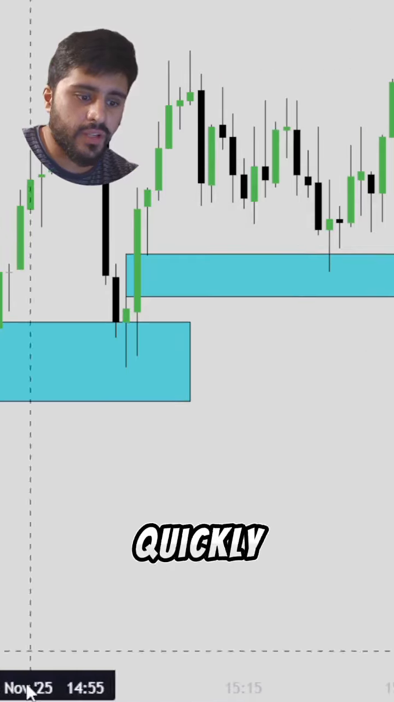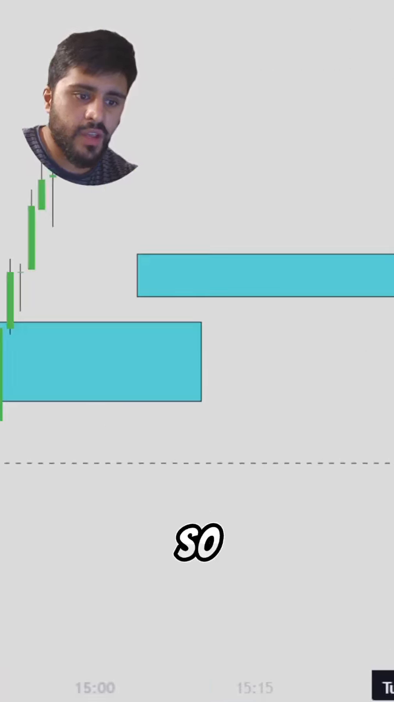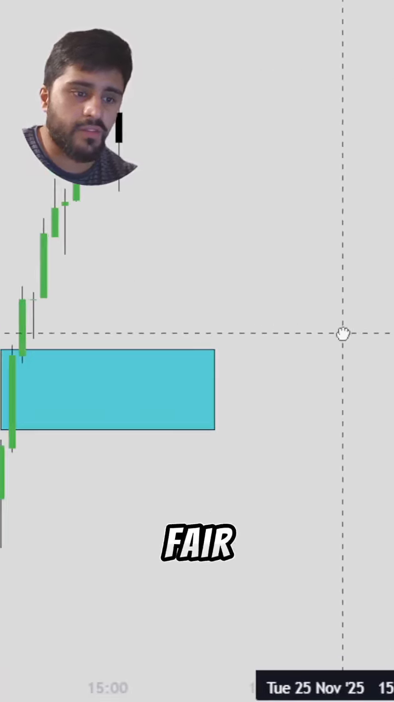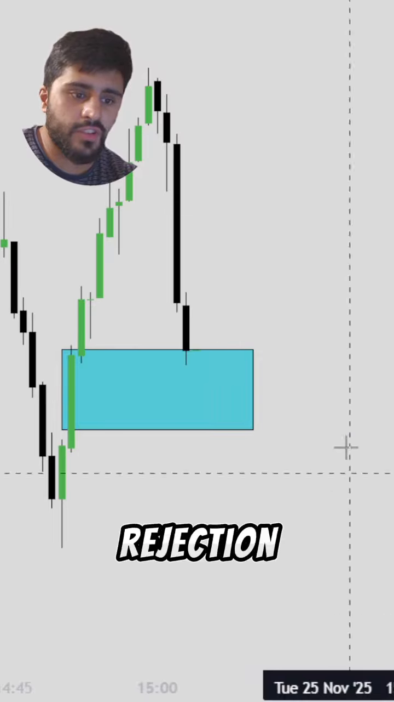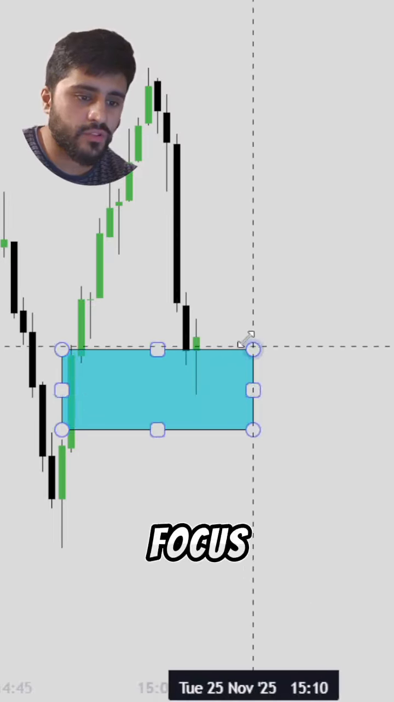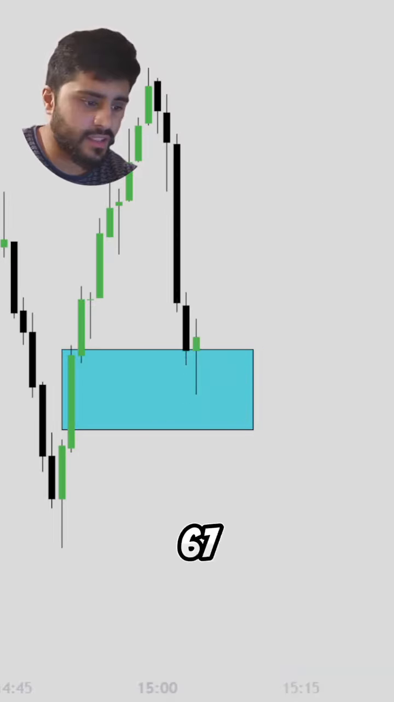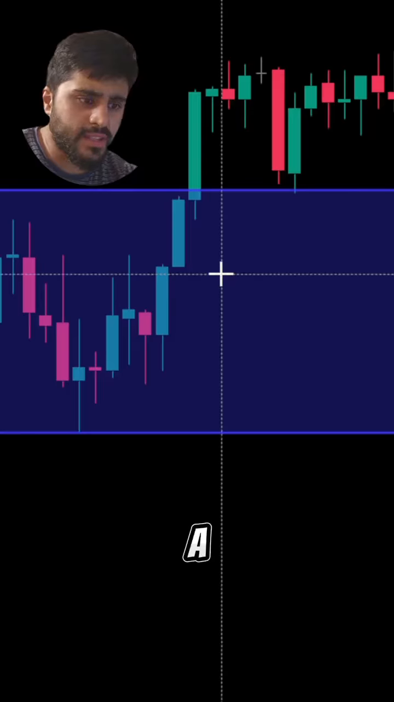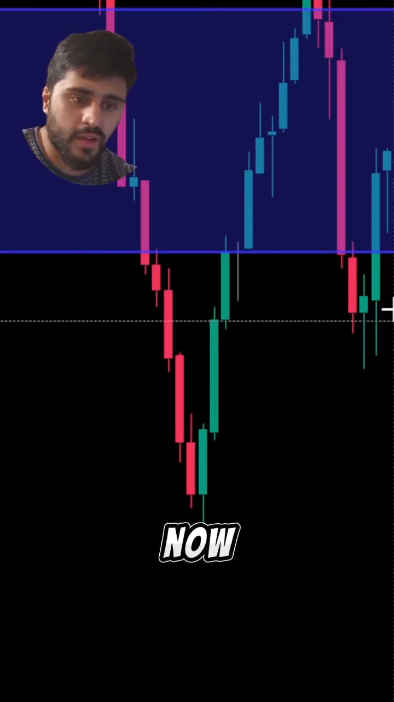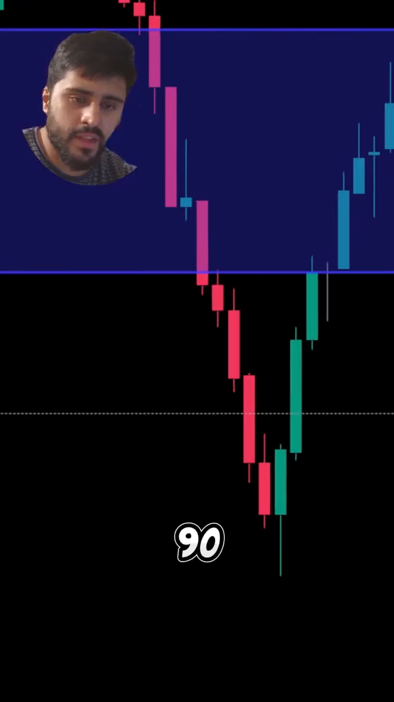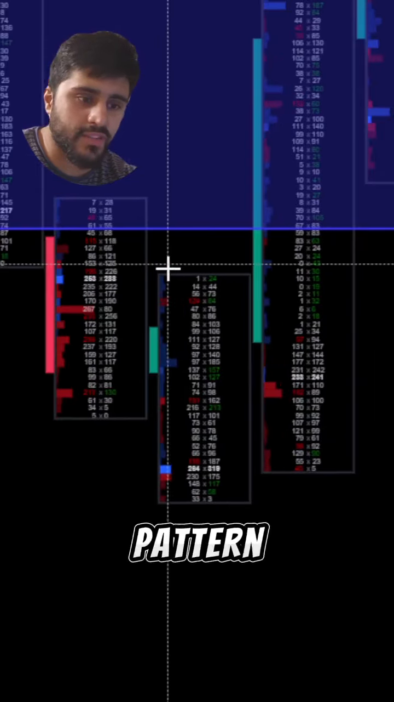So let's quickly go back and see what was going on, right? So when you come into a fair value gap of any kind, when you see a rejection to the upside, you want to focus on what was going on over here, right? So this was 67.90. So if we go to the ATAS platform and kind of take this up, this was 66.90, sorry. So if we go to 66.90, what we can see is a 3-bar pattern where we see a